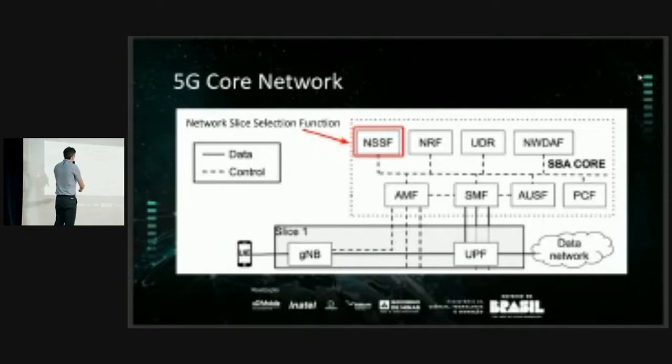In this case, for example, I define only one core, but for one slice, I have one gNodeB and one UPF to start the data plane in one slice. I duplicate these slices. I put more in one UPF in the other slices. I have the possibility to configure all types of slices, considering the request from my tenant. It's possible because the core is flexible. The core is more flexible than in other generations.